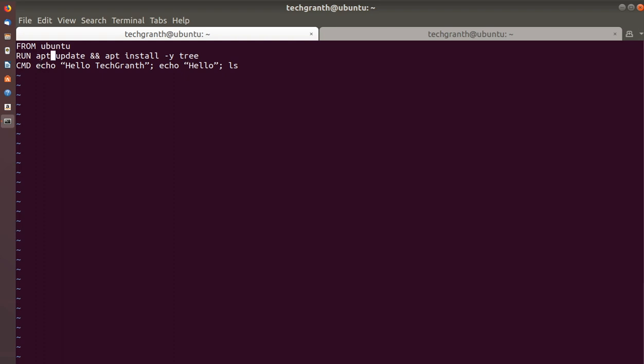So first it will update the packages and repositories, then it will install the tree command. Then we have the cmd instruction with echo hello techgraph, and then echo hello and ls. These three commands will run together. So let me just save it.